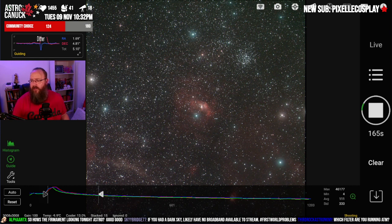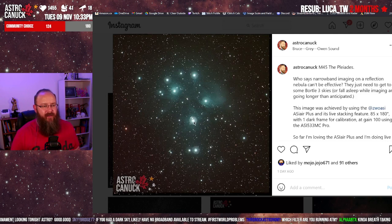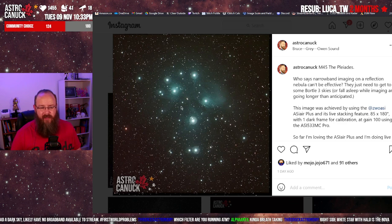That's not too bad. So the filter that we're running right now is the Altair Astro tri-band filter. My only complaint about it, and I guess it can maybe be fixed up with some shorter exposures or something like that, is these large halos, this coma that comes around the bright stars. So that's one of the issues with this, but everything else, there's so much that...